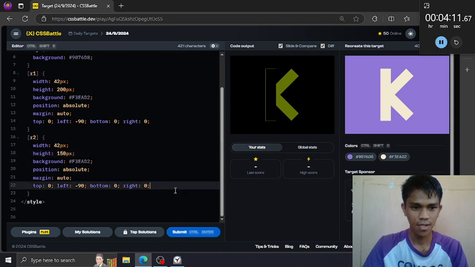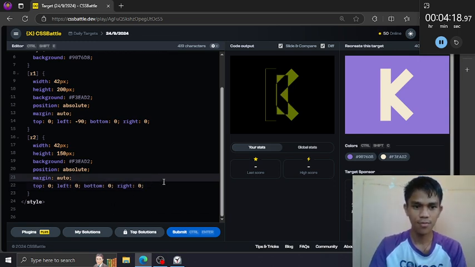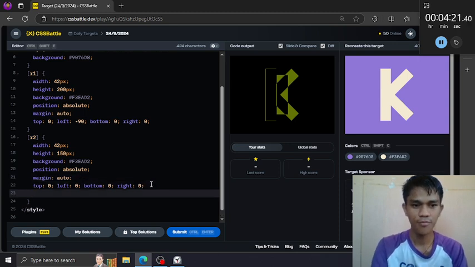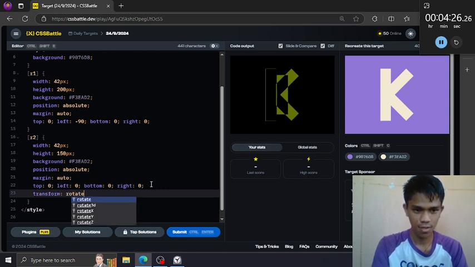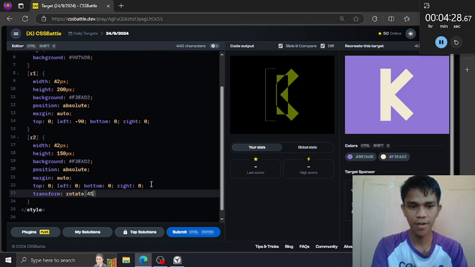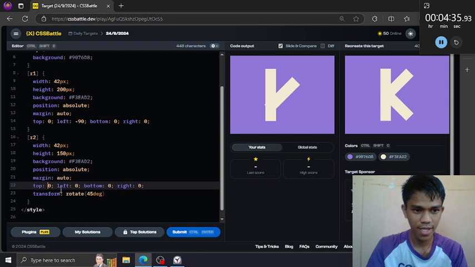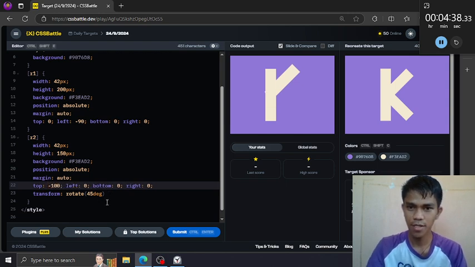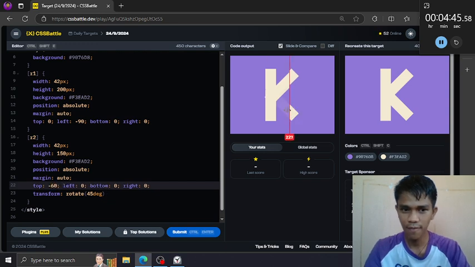Then it is on the center, yes, but we need to rotate it. Transform, rotate by 45 degrees. Then let's uncheck this first. Move this to the top. Negative value here, 100. That's too much. 80. Also too much. 90, 60.